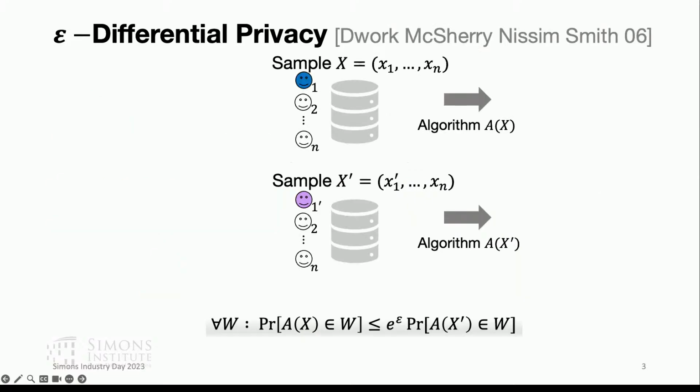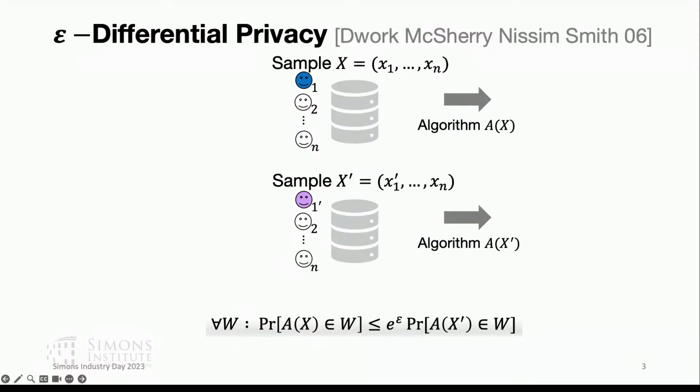A bit more formally, just to introduce the parameters, epsilon differential privacy says that if I have a pair of datasets that differ on a single data point, but are arbitrary otherwise, the probability that I see any one output under dataset X should be close to the probability that I see the same output under dataset X prime. So my algorithm's output shouldn't change too much if I change one point in my training data. And epsilon measures the privacy loss. The smaller epsilon is, the more private my algorithm.